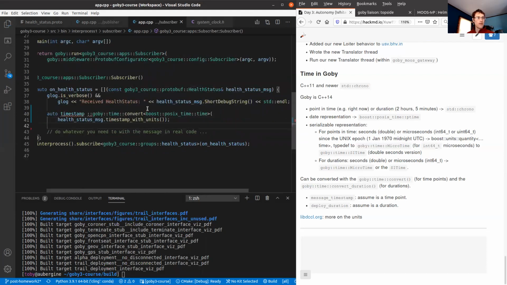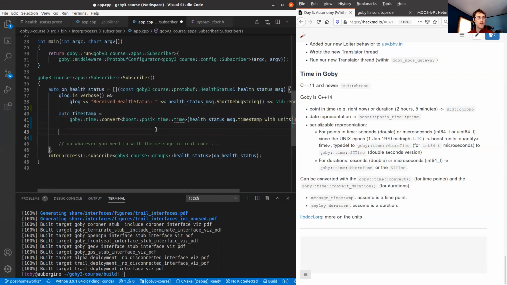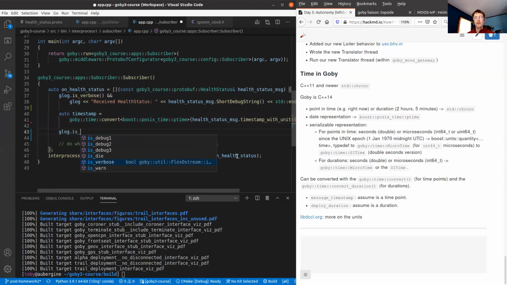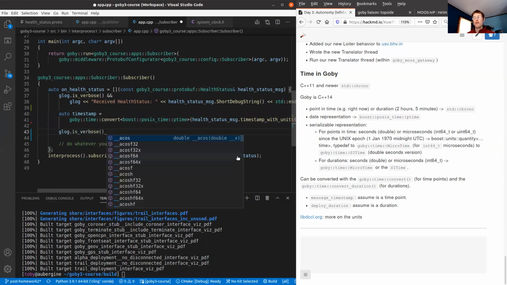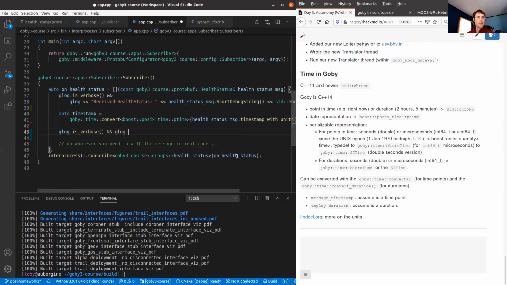And then what we'll do with it is just write it out to the screen, with glog, the boost timestamp as a date.